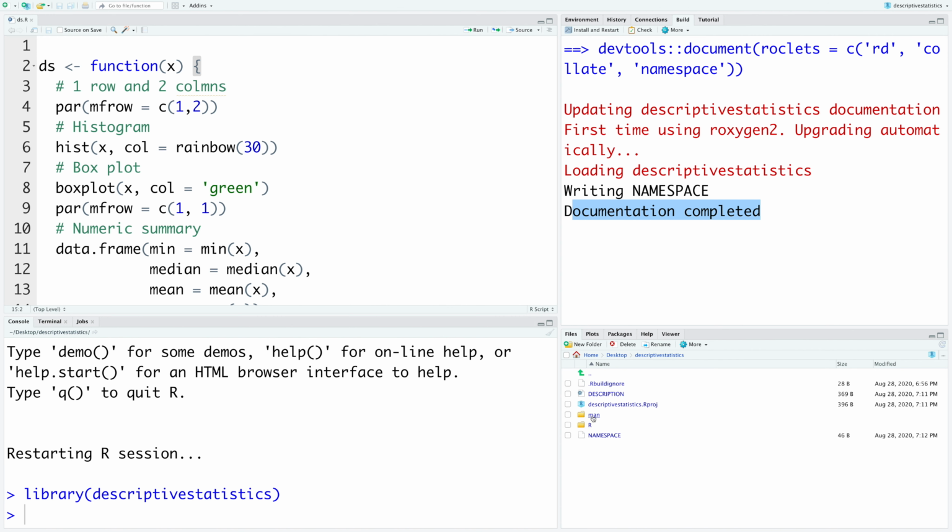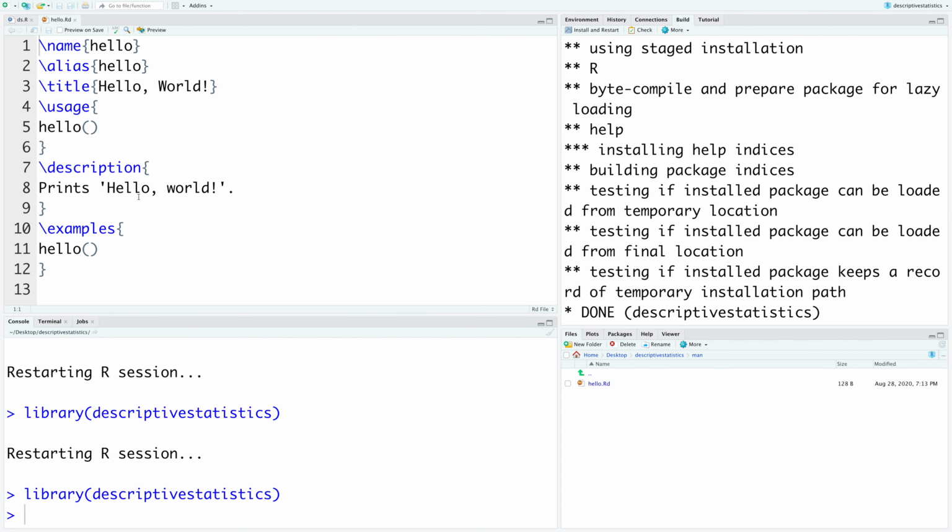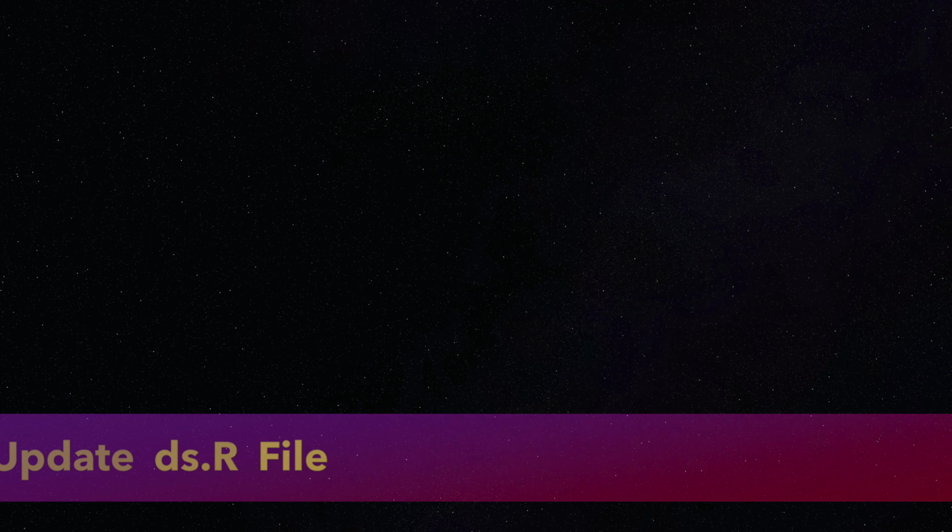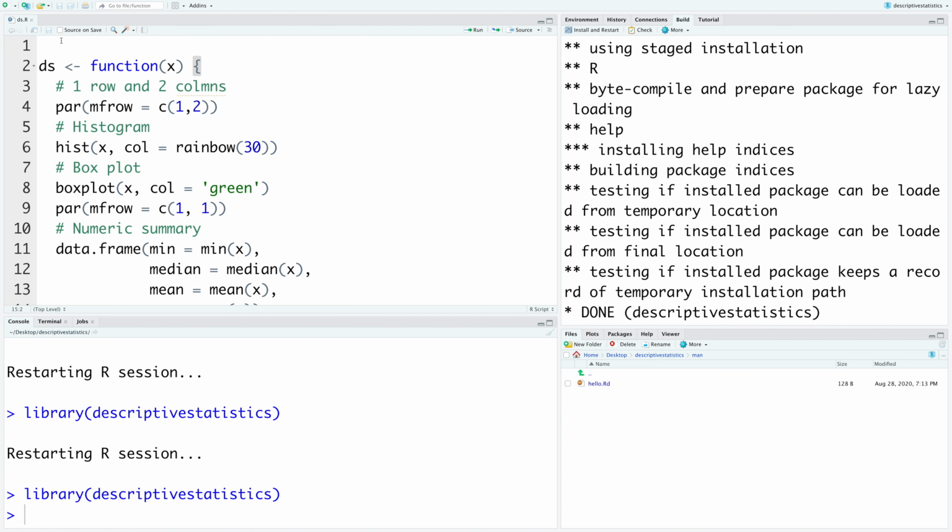If you go under man, we still have hello.Rd, which was the default code when we started this project. I'm going to add some comments. So hash and single quote. I'm going to say creates histogram, box plot, and numeric summary.